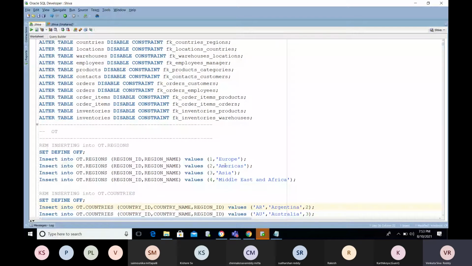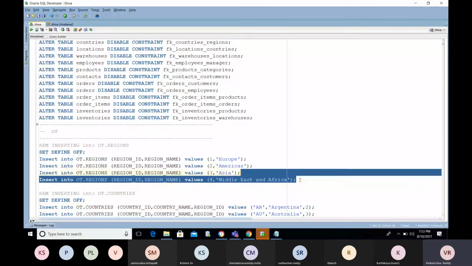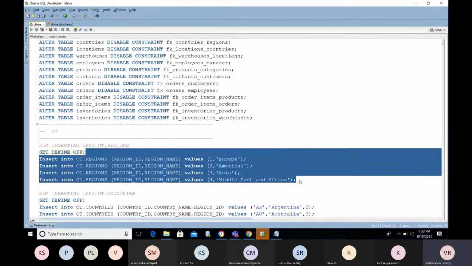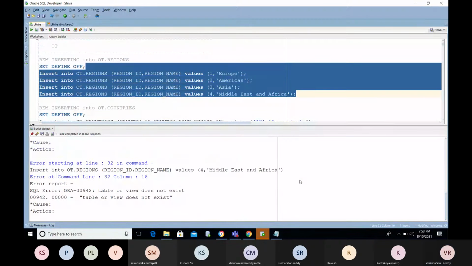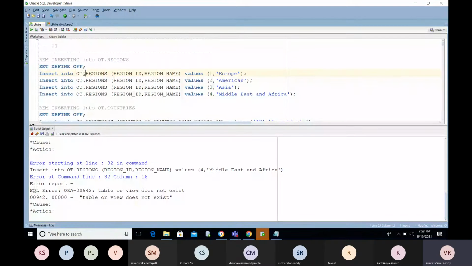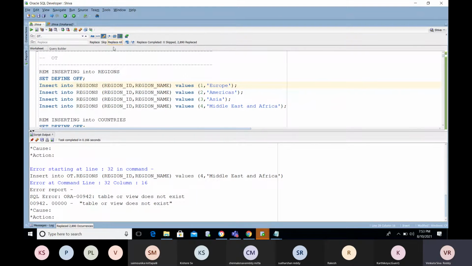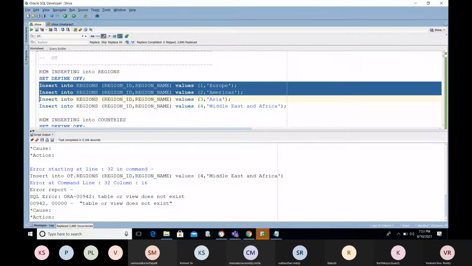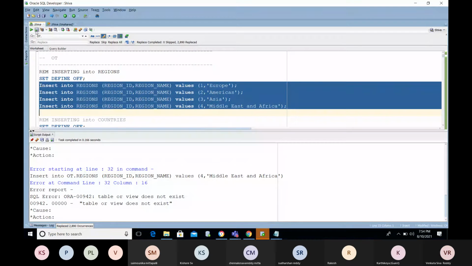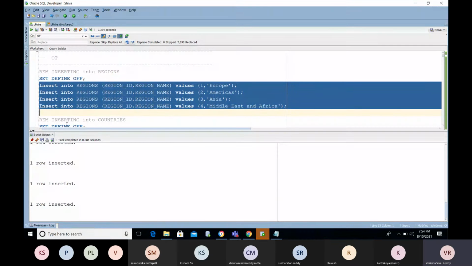In the regions we have Europe, Americas, Asia, Middle East, Africa. So I'm going to insert this data in this. Missing with the null. Okay, I inserted 4 regions in this table.